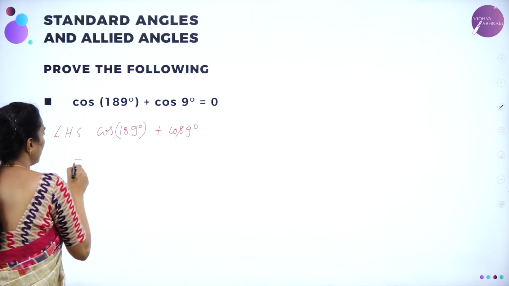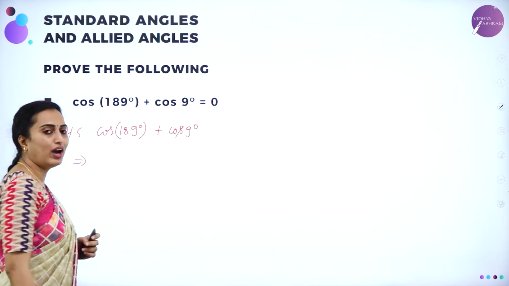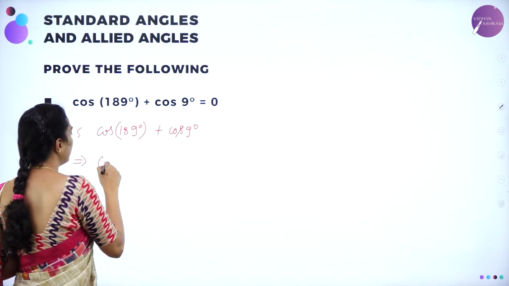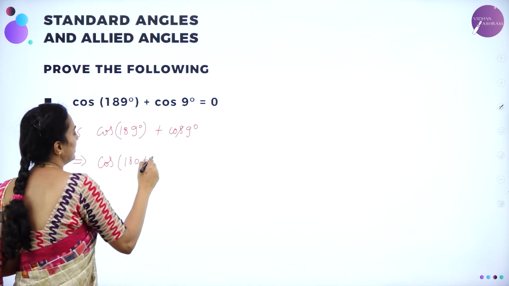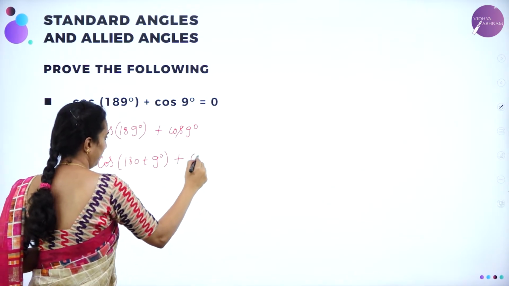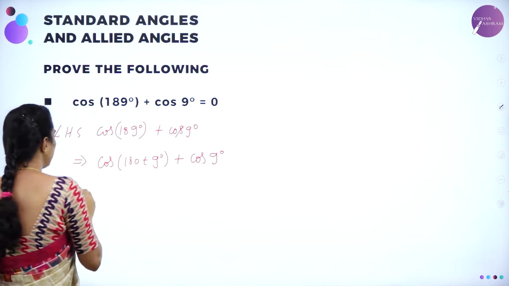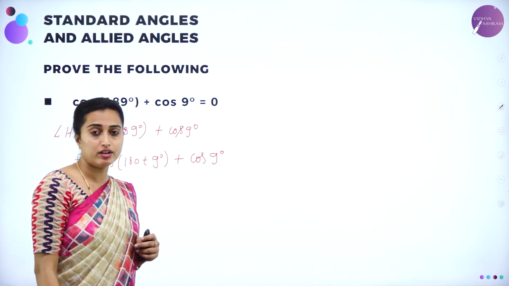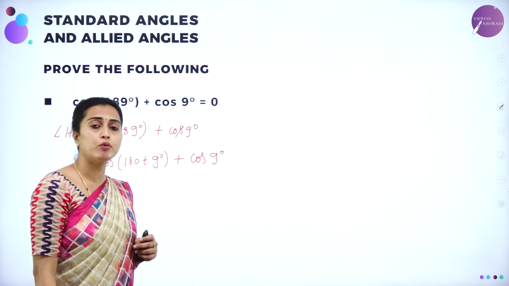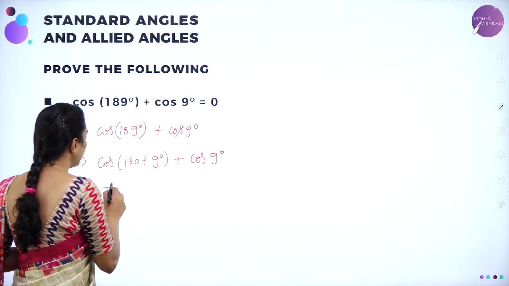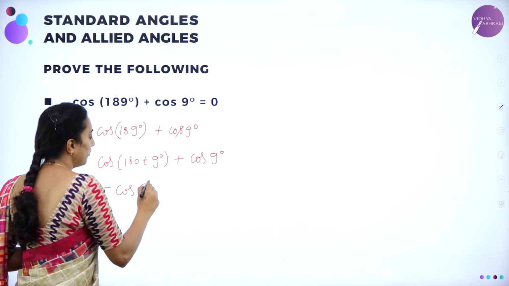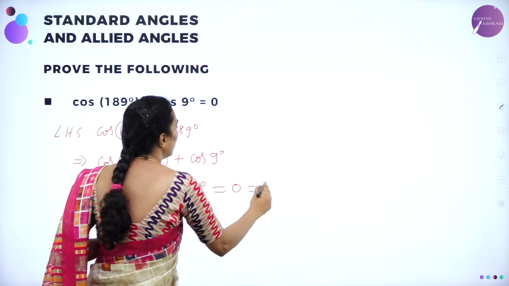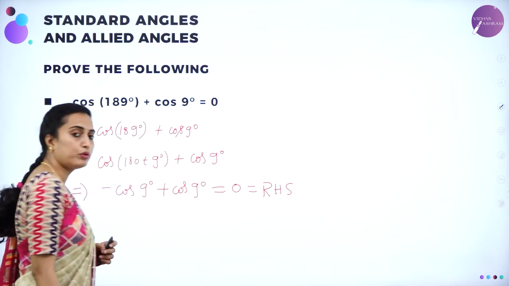So here you can write this one as, which implies cos 189 degree can be written as 180 plus 9, correct? So therefore, you can have here cos of 180 plus 9 degree plus cos 9 degree as it is I am writing, which implies what is cos of 180 plus theta? Cos of 180 plus theta will fall in the third quadrant. Third quadrant cos is negative. Cos will remain cos in 180. So here you are having minus cos theta, theta is here 9 degree. Minus cos 9 degree plus cos 9 degree will get cancelled. You are going to remain with the value 0. That is RHS. I hope you got this problem.